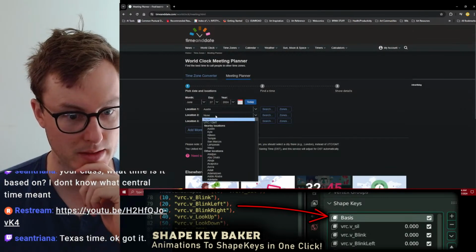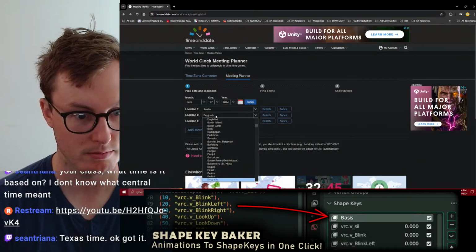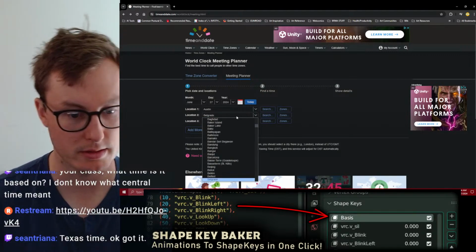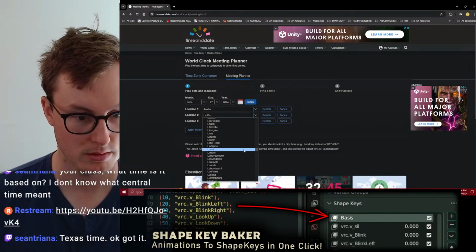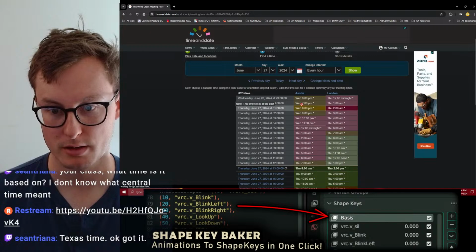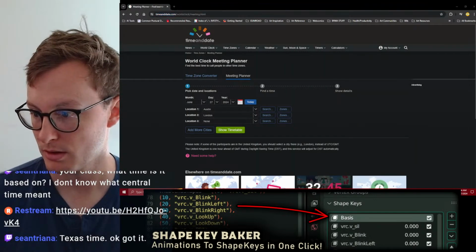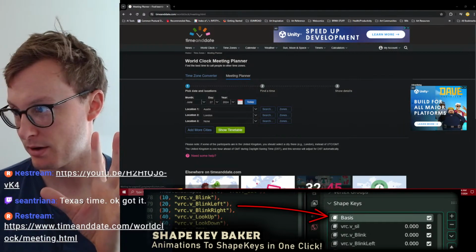If I put in something like Belgium, or, yeah, let's just say London. Show timetable. Okay, that's better. This should be a better comparison. So I will share this here, and that should give a clearer breakdown of